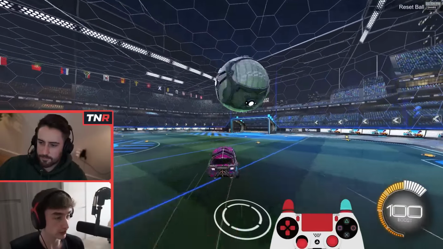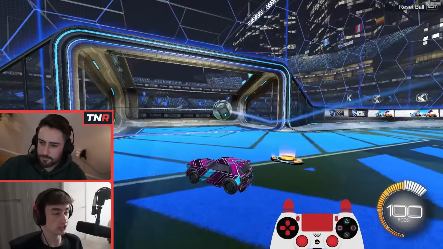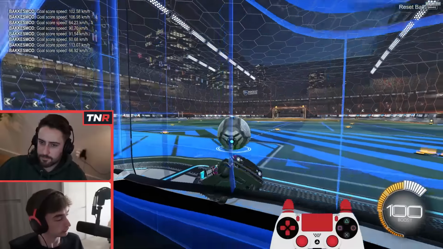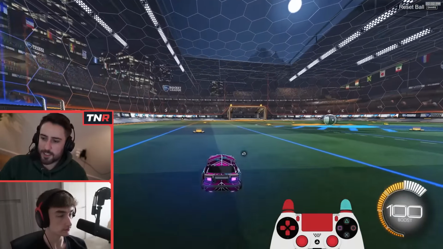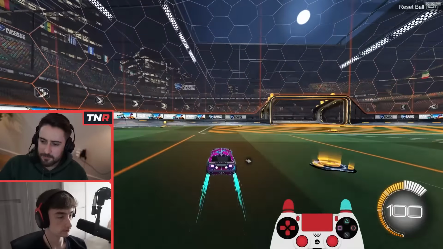Get a touch past your opponent that's on the wall trying to challenge you, and then quick shot onto an open net in 1v1, for example. Movements like that are very, very useful. So definitely practice those. And of course, the final way to set up these advanced wave dashes is off the